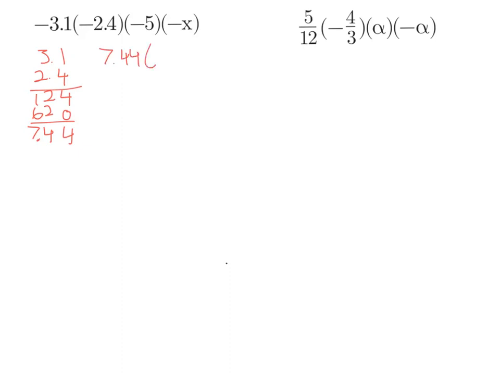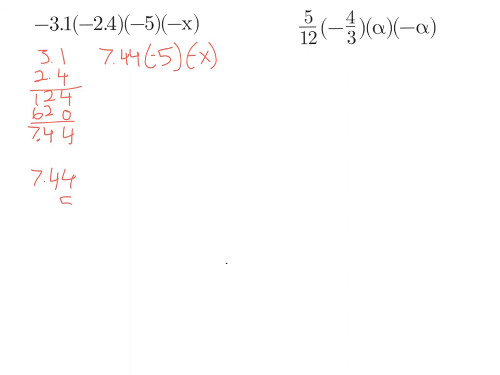So now I'm going to rewrite this as 7.44 times negative 5 times negative x. So now I have 7.44. I'm going to multiply that by negative 5. I already know my product of these two numbers is going to be negative because I have different signs, positive times a negative. So 7.44